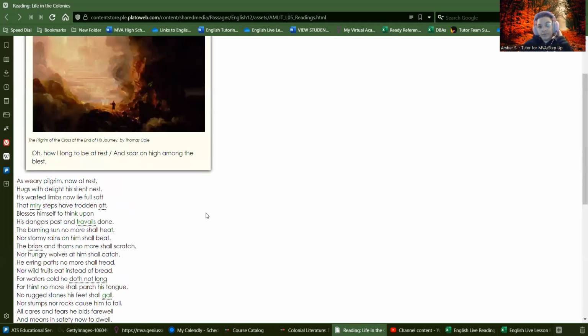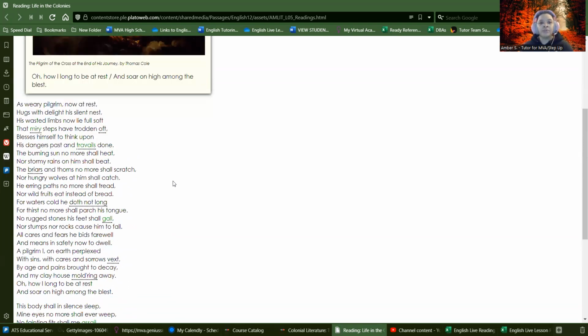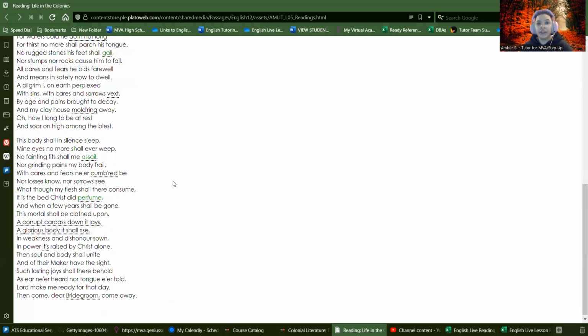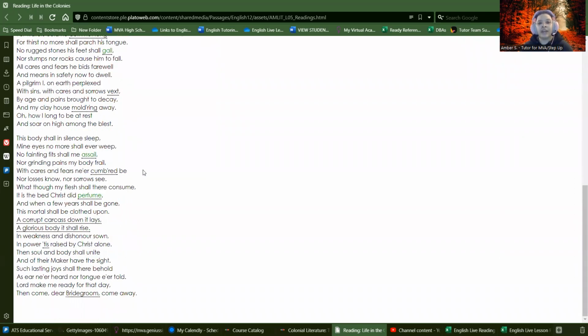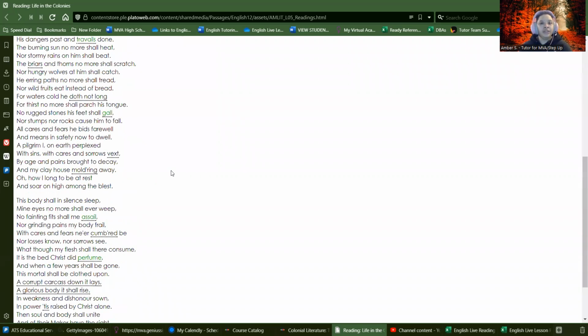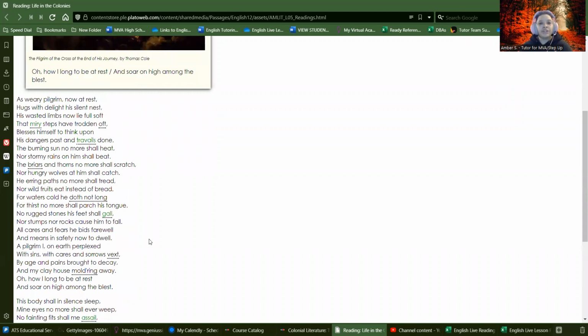So this entire poem is about how hard the pilgrims have to work, how they are suffering in the colonies, that they've made it in their settlements because they're in an unfamiliar land. They've got to survive on their own through really bad conditions. And this poet is reflecting on how satisfied they imagine they are going to feel once their death comes, because they've had a hard life where they've had to do nothing but work hard and face danger. And they're talking about the peace that they feel, other people feel, and that they think they will feel by the time